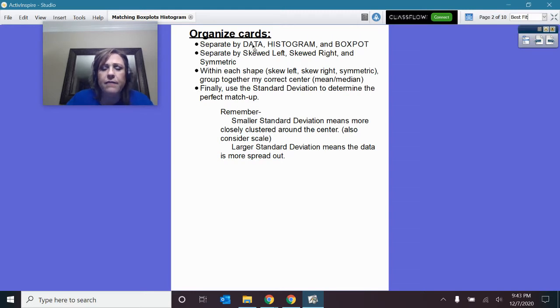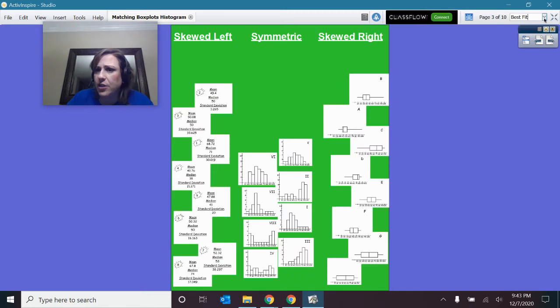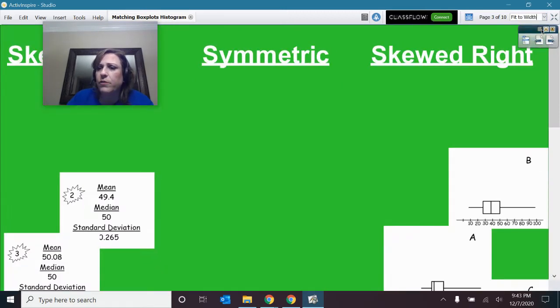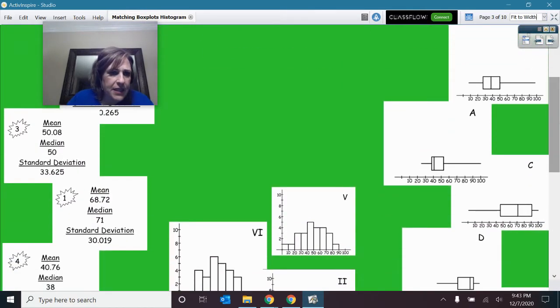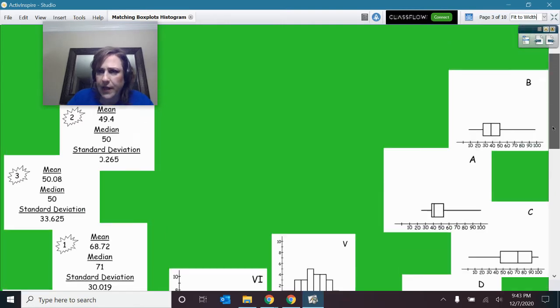Okay. Once you have done that, let's go ahead and take a look at what we have. We obviously have three kinds of cards: ones that have the data, ones that are histograms, and ones that are box plots. So that looks like this. Okay, so we've got ourselves the data cards, the histogram cards, and then the box plots. All right, now,